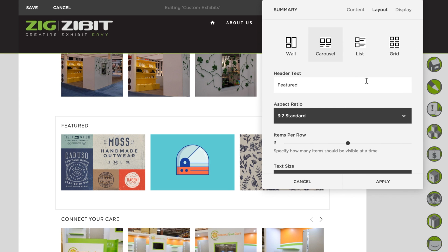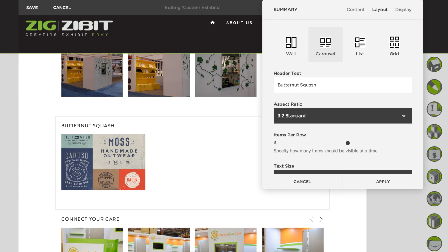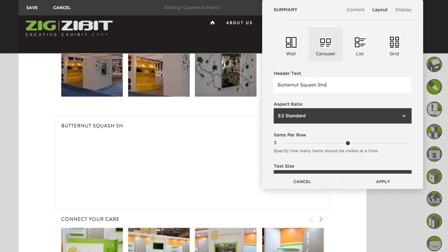Then on the layout carousel, we've already selected. The header text is what would show there. So I'm going to say butternut squash show